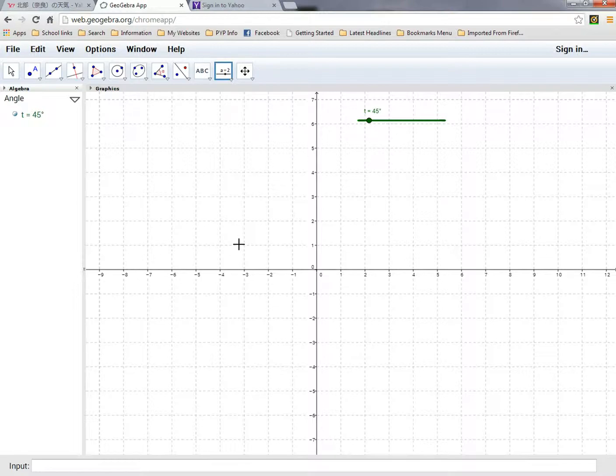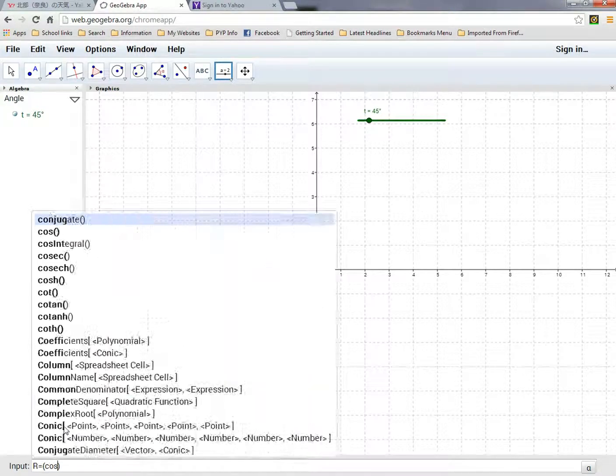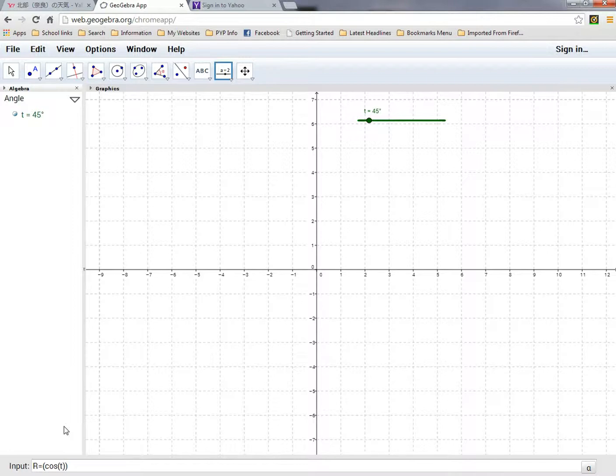Okay, now we want to define a point, which we will later control using this slider. So go down to the input bar here. I'm going to name this point R, and now I need to enter the x value and the y value for R. So we open a set of brackets to enter our x value and y value. The x coordinate of R, I am going to define that as cosine t. Notice the brackets around t, that's important. That's my x value. Now a comma, and then the y value. I'm going to use sine t